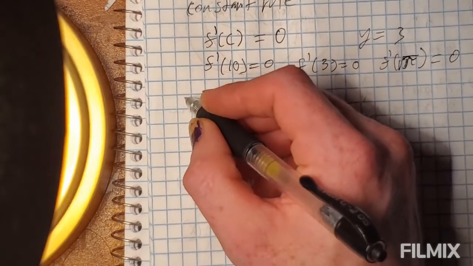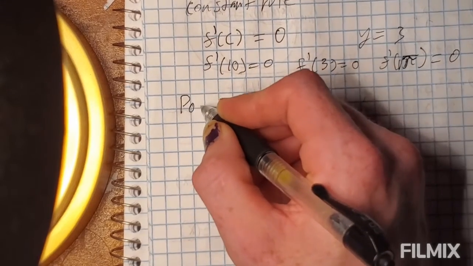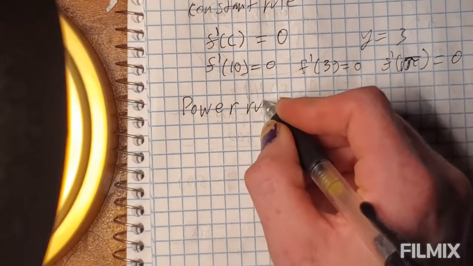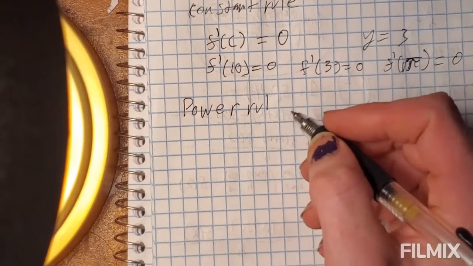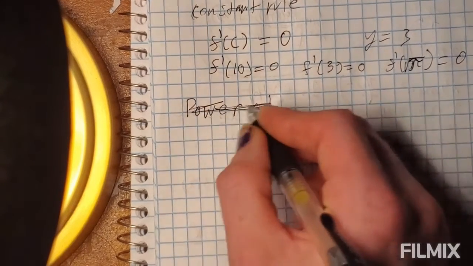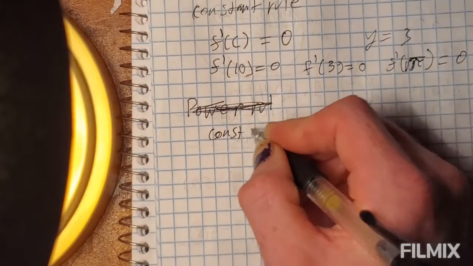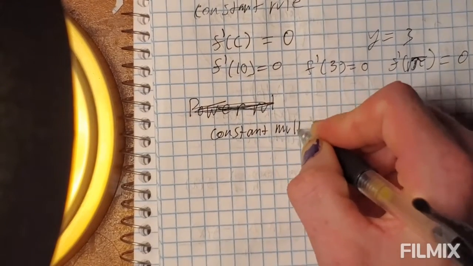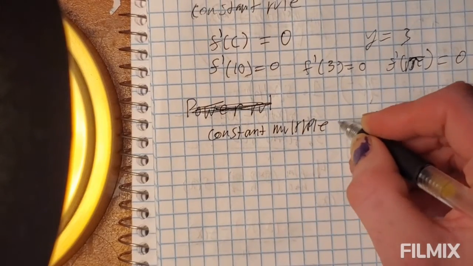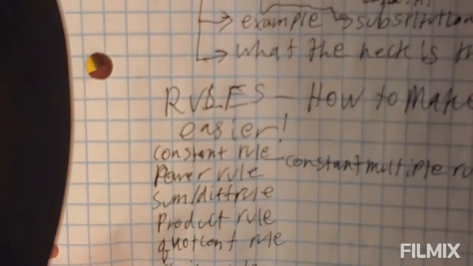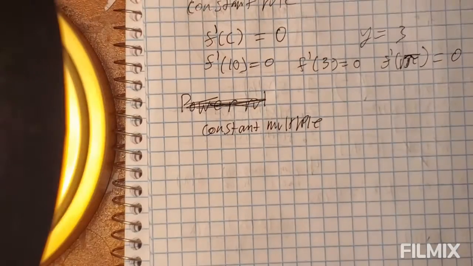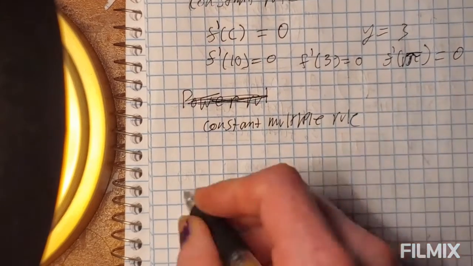Next rule. Power rule. This one is going to simplify your life a lot. Each rule I'm going to tell you is going to simplify your life even more. Oh, just kidding, not the power rule. We're going to go to the constant multiple rule. That's why I keep saying 3 and then correcting myself and saying 4, because I keep forgetting it. As you see, I've written the rules down, and I put the constant multiple rule after I had written the other 3, and I was like, oh, that's a rule. So the constant multiple rule is